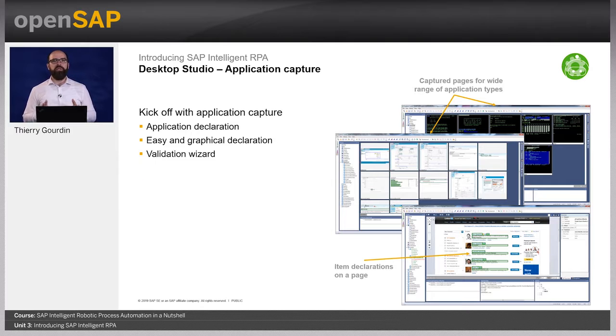You start with the application capture phase. Here you need to identify all UI elements to automate. You simply have to display the page you want to capture to a UI inspector. Then it will save all elements from the page and let you move to the next phase, which is the